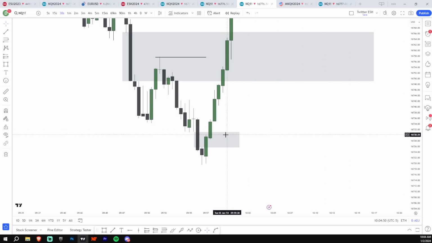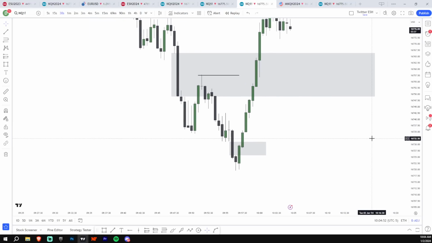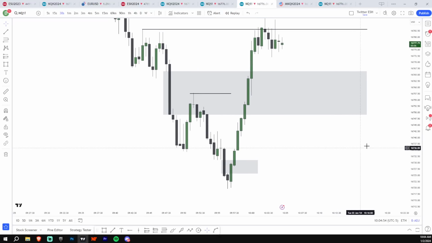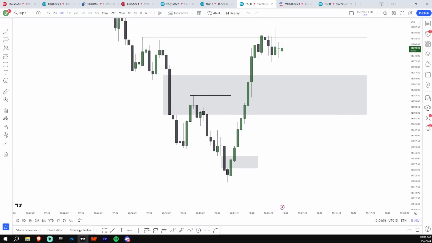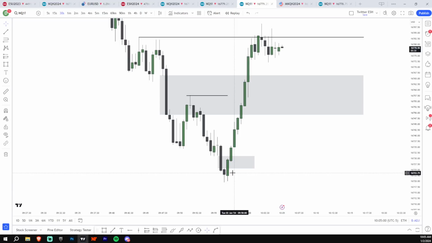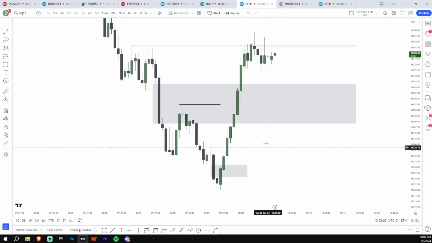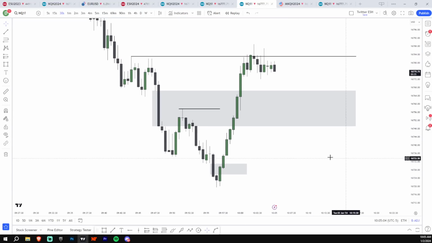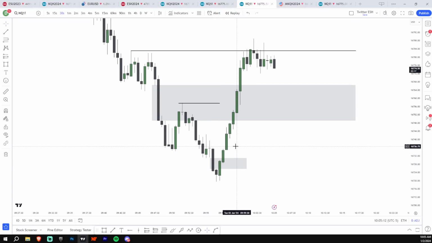I don't really look at the 30-second much unless it's the first 30 minutes of the day and the 1 minute isn't really giving me any entries. After like 10 o'clock, I stop looking at the 30-second because that's when the volatility dies down. The 30-second acts like a 1 minute chart near open because there's so much volume that the 30-second chart will be fine to trade.